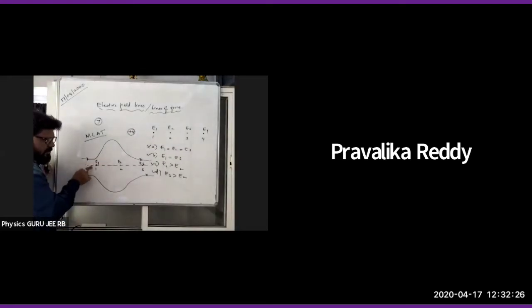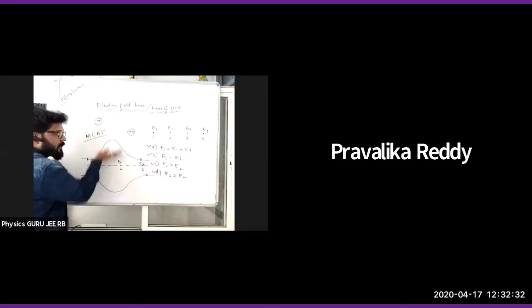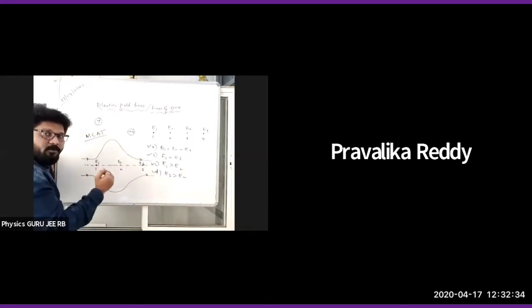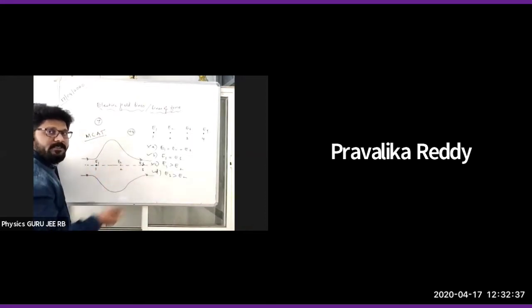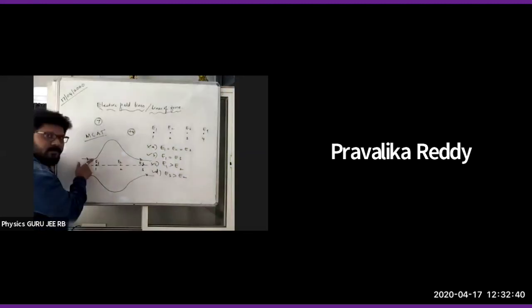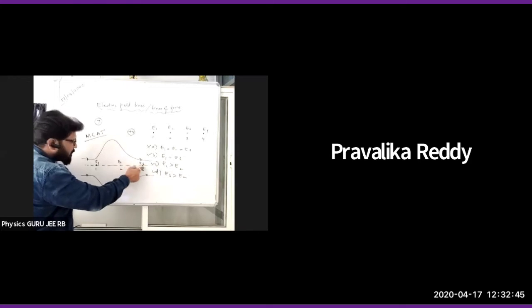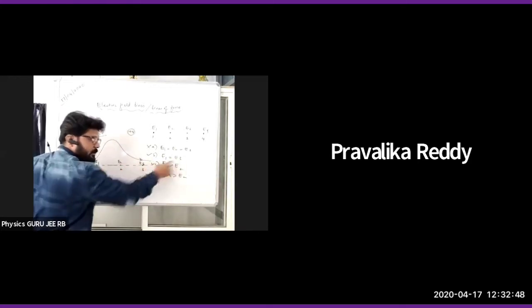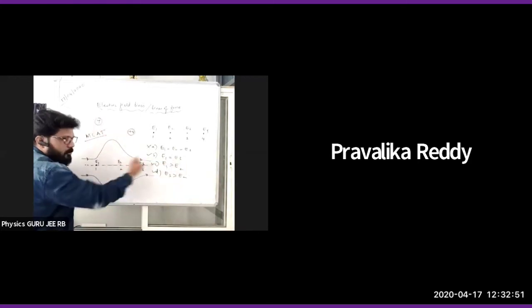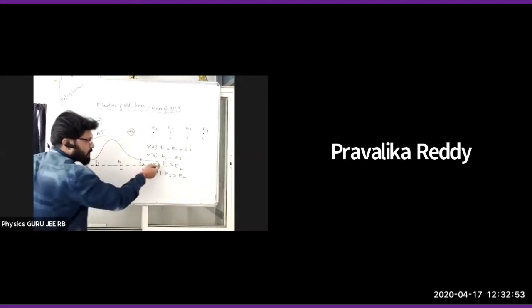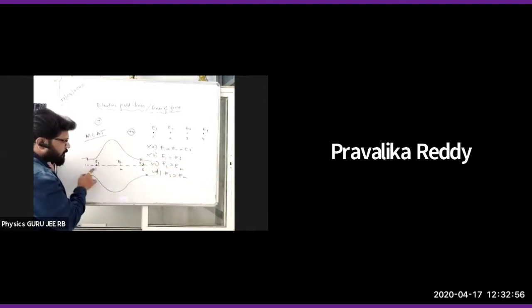Let us see. This electric line is very close. Very close means this will be greater when compared to this. This electric line is away from that one. Relative closeness indicates electric field intensity is more. E1 is very close to this one, E2 is away from this one, E3 is close to that. E1 and E3 are both equal because they are nearer at the same points. Next, E1 is greater than E2 because this is a nearer electric line. It is far, so E1 is greater than E2.